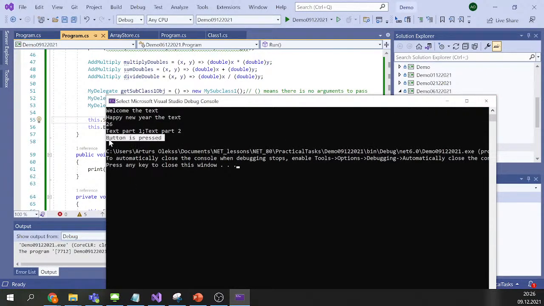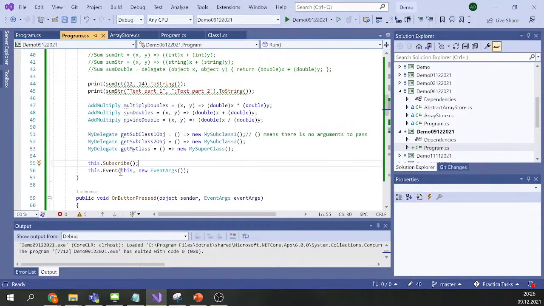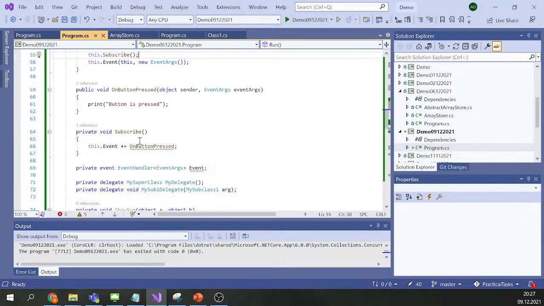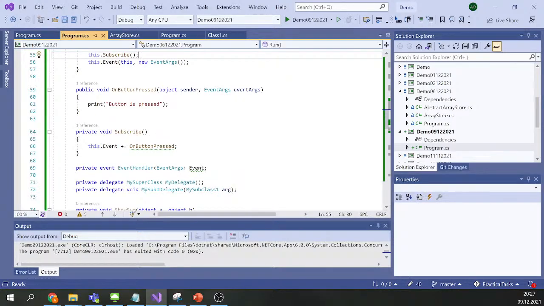Okay, so it worked. Yeah, because I was a little bit confused why the event is not initialized. But okay, it looks like we don't need to initialize it, because I was pretty sure. Hold on. On the other hand, we maybe do not need it. Yeah, okay, events are a little bit